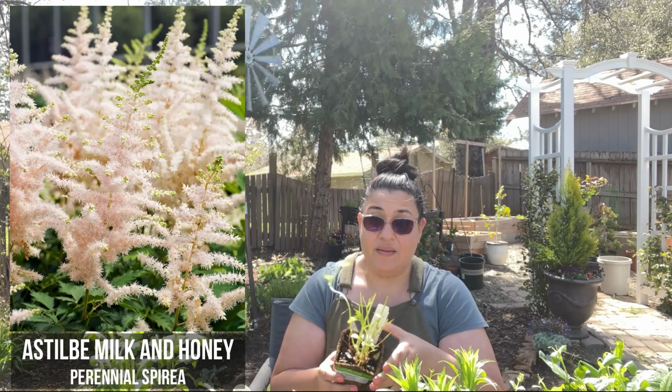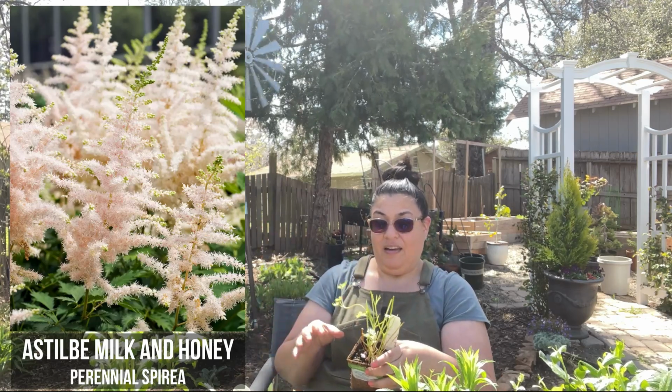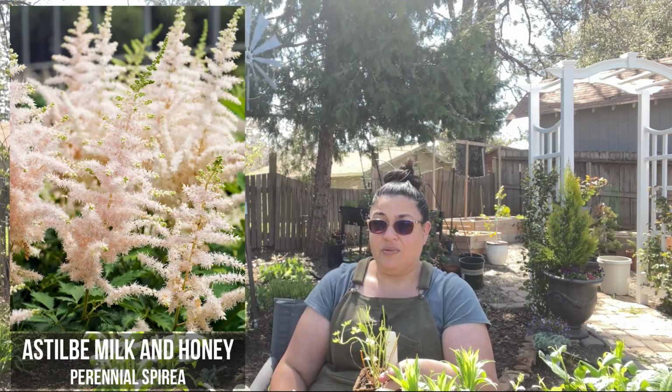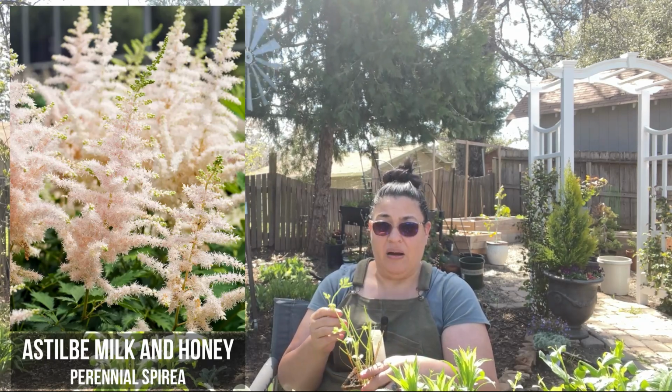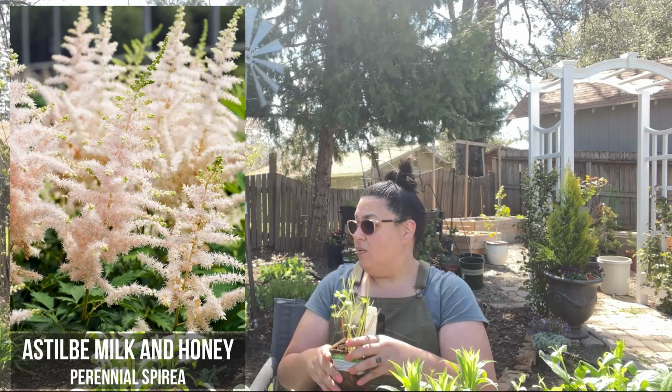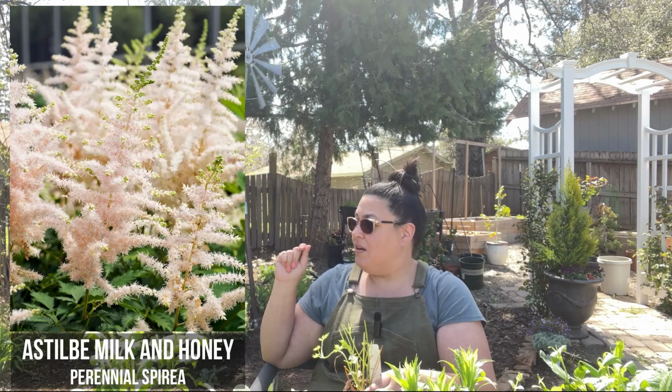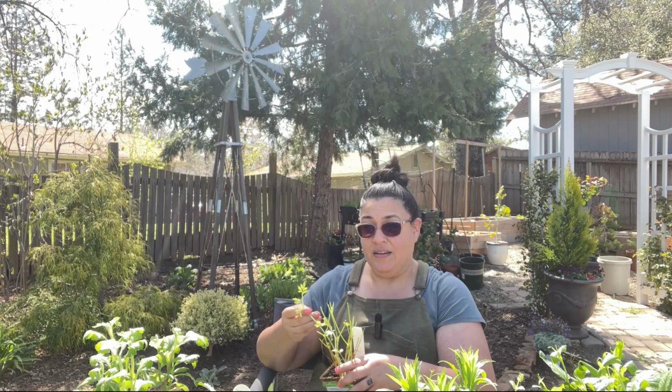Where I usually plant them though, over here in the shade, because I'm in zone 8 and our summers can kind of get a little too hot for them to be in the sun. So where I plant them in the shade over here, we lost a tree. And I'm not sure if I'll have a really good place for them to be now, but